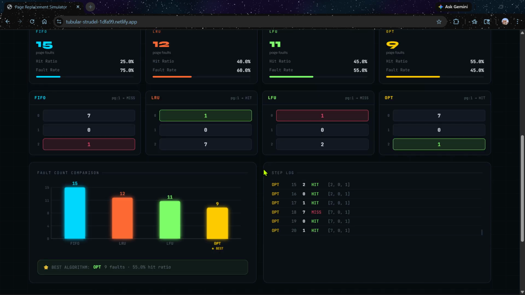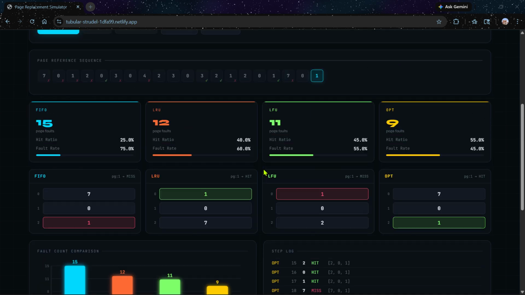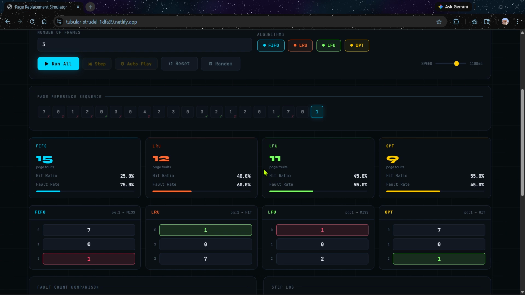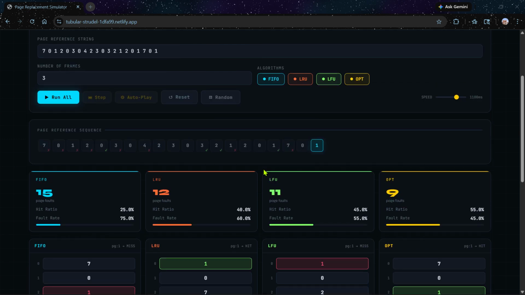So to summarize, this project fully implements and visualizes the four fundamental OS page replacement algorithms: FIFO, LRU, LFU and Optimal, in an interactive, educational and gamified web application. It is developed entirely using HTML, CSS, JavaScript by our team, and Chart.js for comparison graphs. Thank you for your valuable input and time.